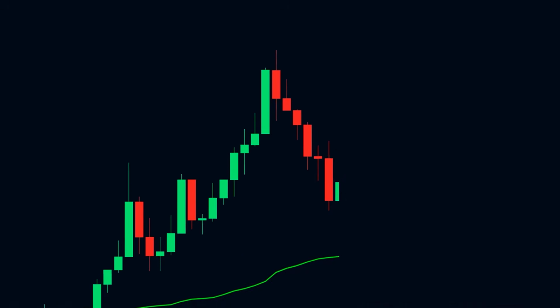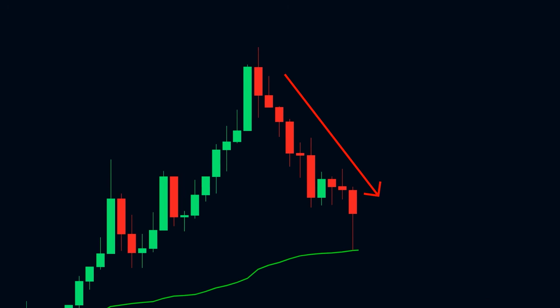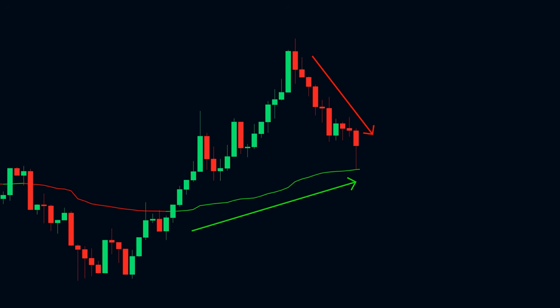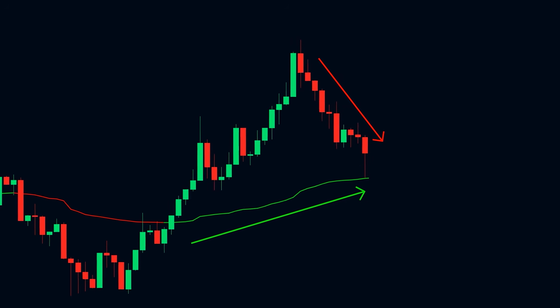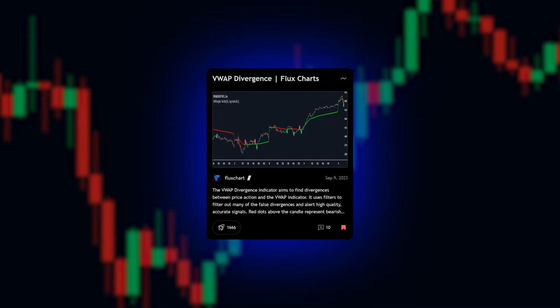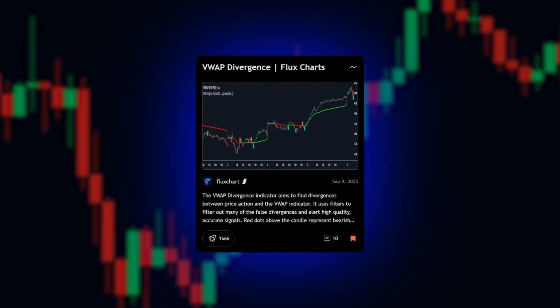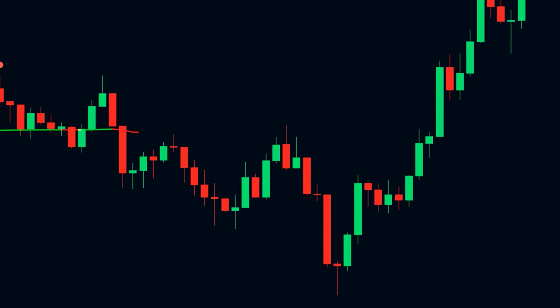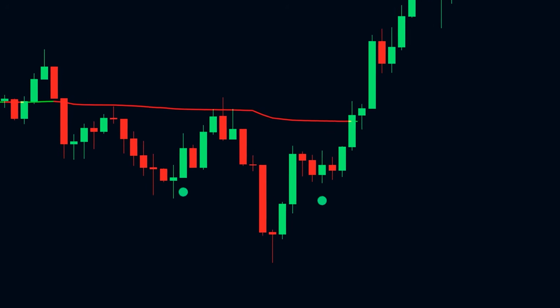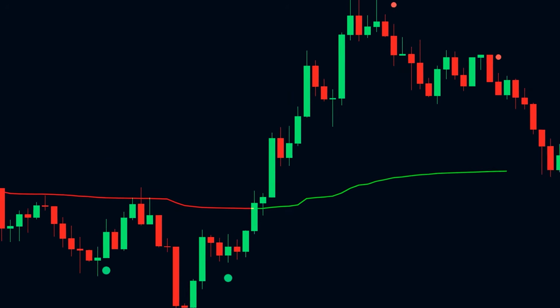A VWAP divergence happens when price is pushing in one direction, but the VWAP is quietly drifting the other way. It's a clean sign that the move might not be what it looks like. The VWAP divergence indicator automatically spots those moments when fair value and price don't match. It filters out noise, detects when momentum and value are out of sync, and marks potential reversals directly on your